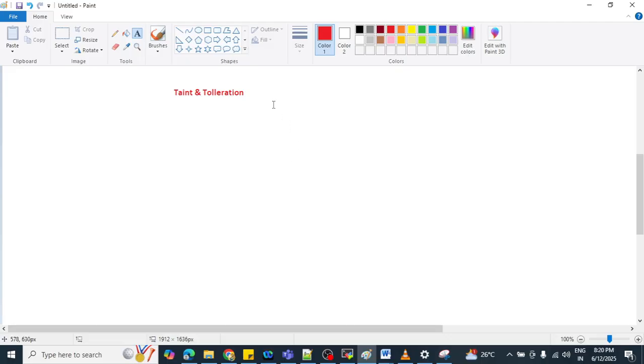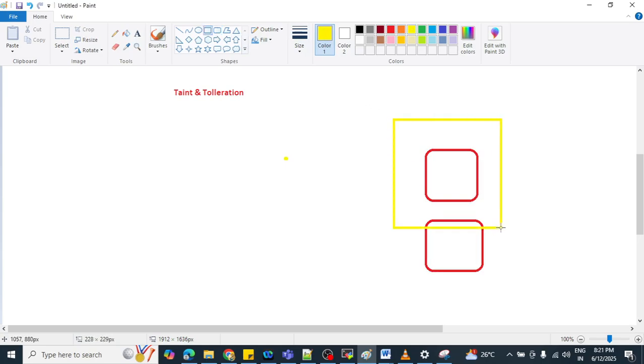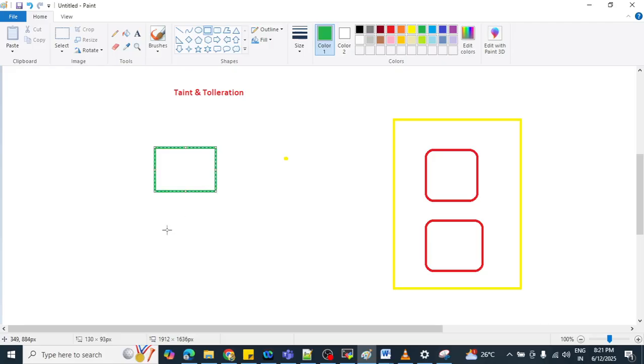Suppose we have two nodes running in one cluster, and we have two pods here. I want to schedule these pods on those nodes.